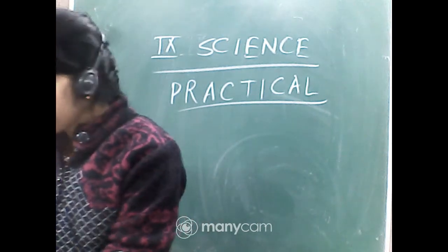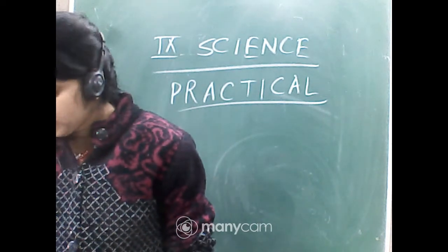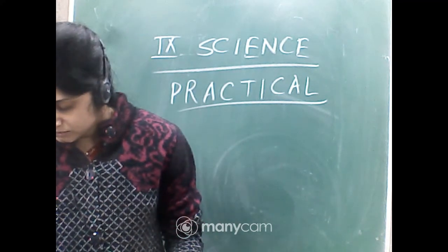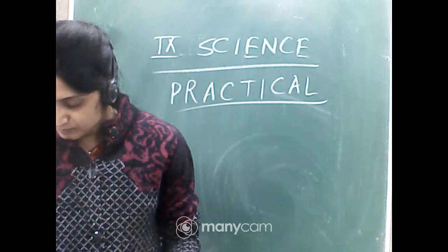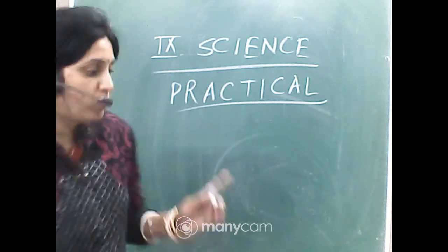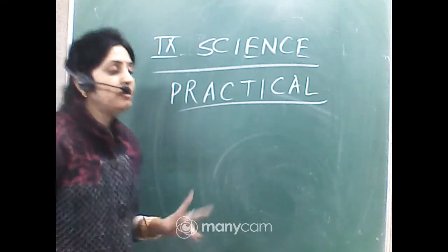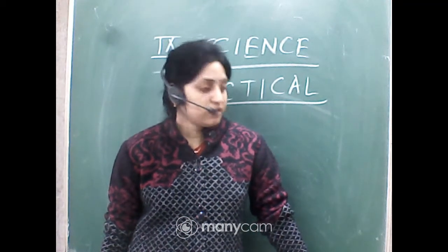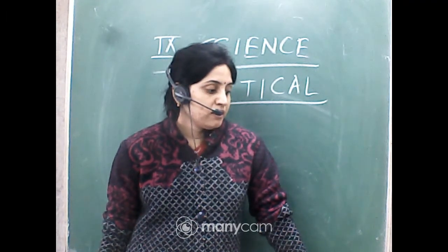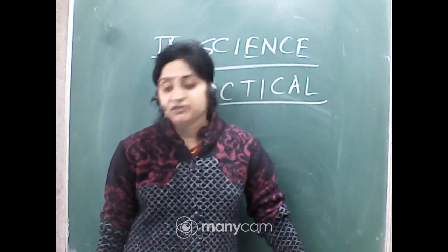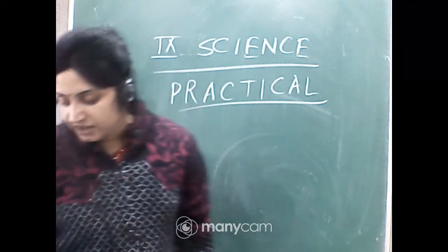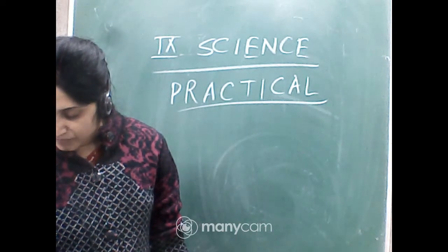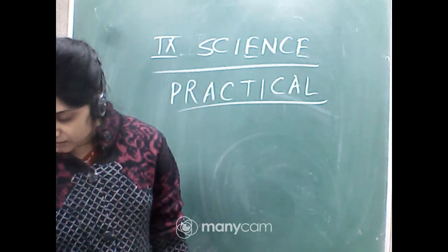Okay, but you can see my video, okay? Because the practical will be the same, and that is already uploaded. Experiment number 1 is the onion cell, number 2 is the human cheek cell, and number 3 is the plant cells and animal cells. You can write them down separately, or you can write them down in the same way.